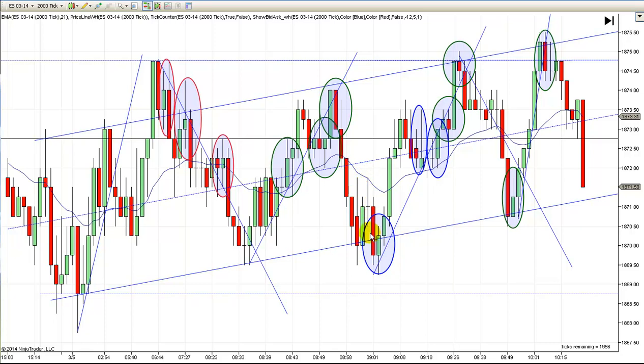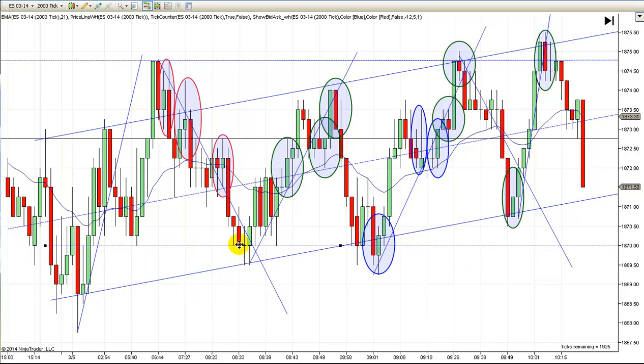I don't think you want to go short there. I think it's too dangerous because of that support. There's actually support right across here now, and you should have had that line up there. And so you can't go short there. But then when that second entry short fails and it turns up,